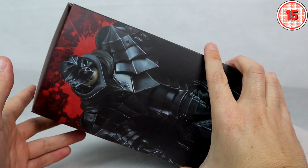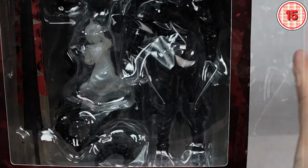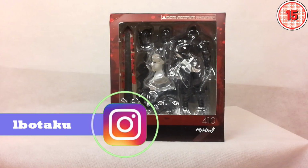Now the box didn't come like this, I had to put it together. So now, of course, another sign that it is a KO. But let's unbox it and take a look at what's inside. But first,